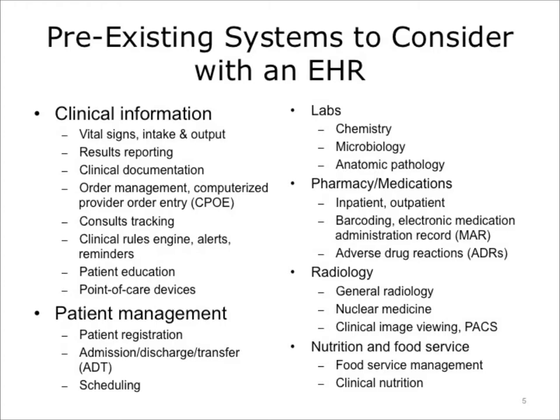Some of those pre-existing systems which may need scrutiny prior to the implementation process include clinical information systems such as patient vital sign measurements and intake and output, results reporting, clinical documentation, order management and computerized provider order entry, or CPOE, consults tracking, clinical rules engine, alerts and reminders, patient education, point-of-care devices such as portable machines that measure blood glucose from a finger stick, patient management such as patient registration, admission, discharge, transfer, or ADT, scheduling, labs such as